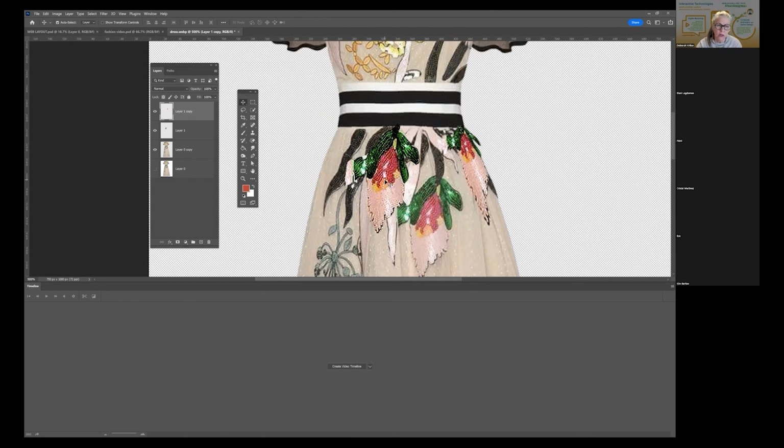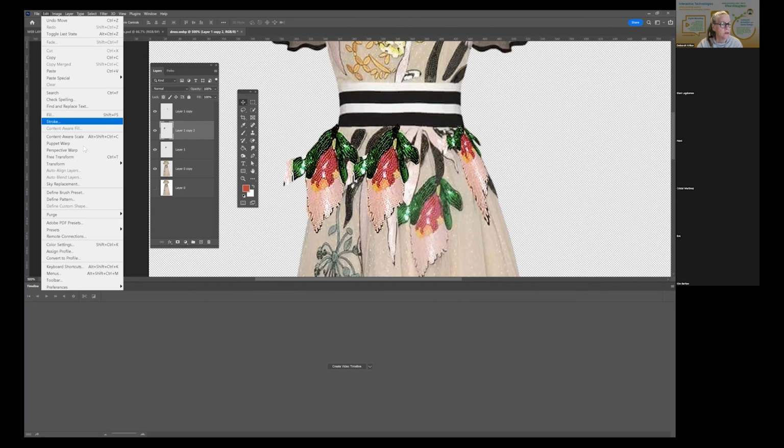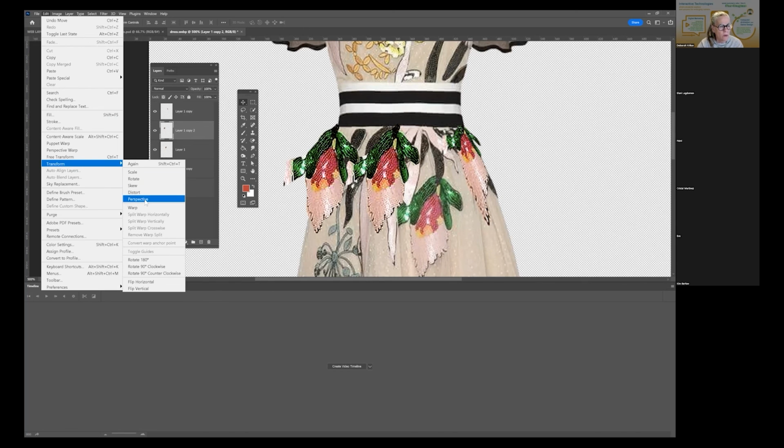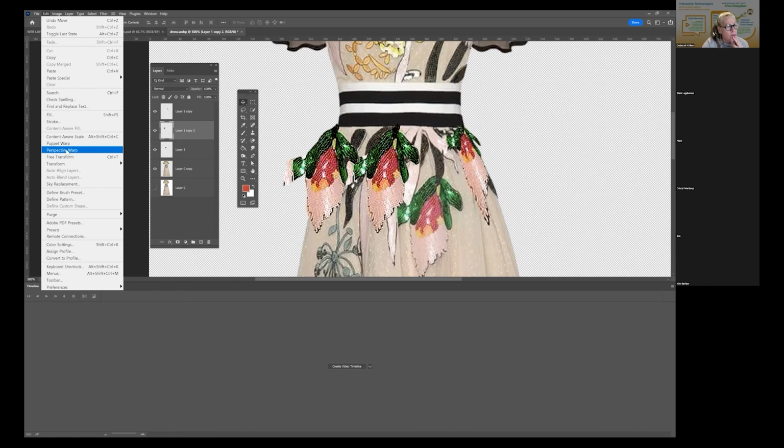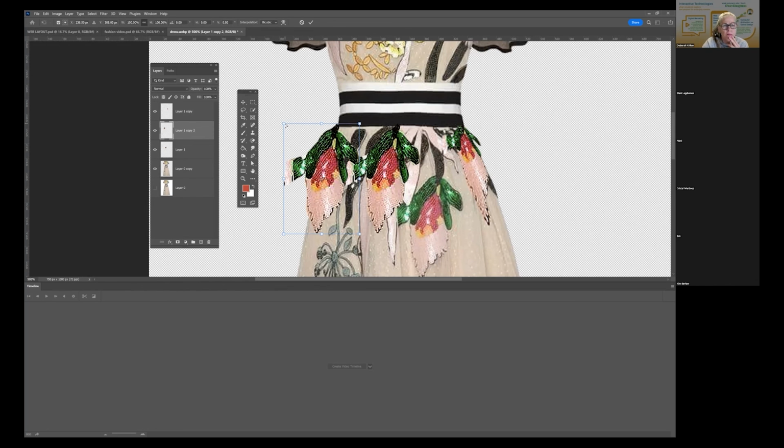And now there's other ones too. There's a really nice tool under Edit, Transform. I'm looking for Mesh. Perspective Warp, that's good. Skew, Distort. Let's do Distort. Yeah, it's about the same. It pretty much is about the same, but you can bring this up, double click it, and then of course